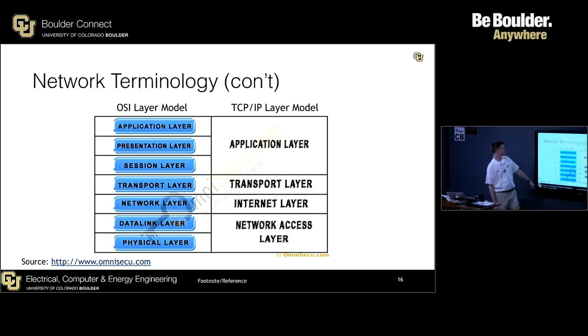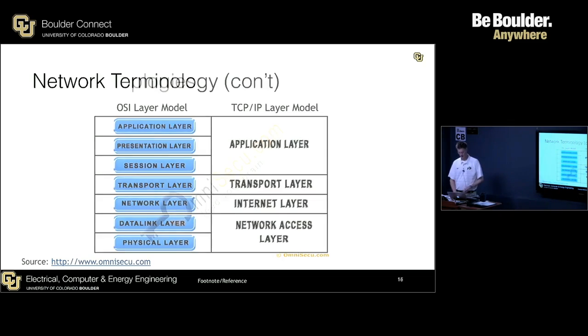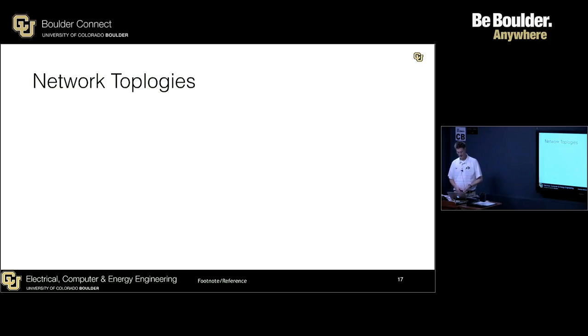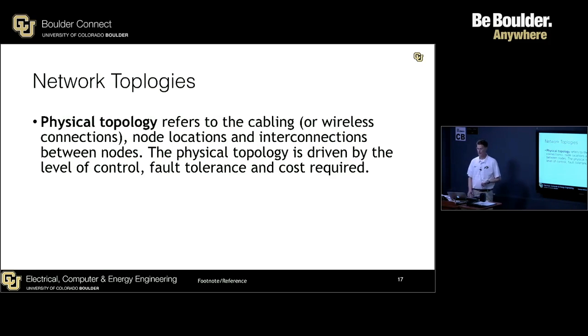So in TCP/IP, they have the network access layer, and then the internet layer, and the transport layer, and the application layer. So you can see how these layers that I listed previously map to the OSI layer model, just for reference. Network topologies. There's a physical topology, and that refers to the cabling or wireless connections, the node locations, the